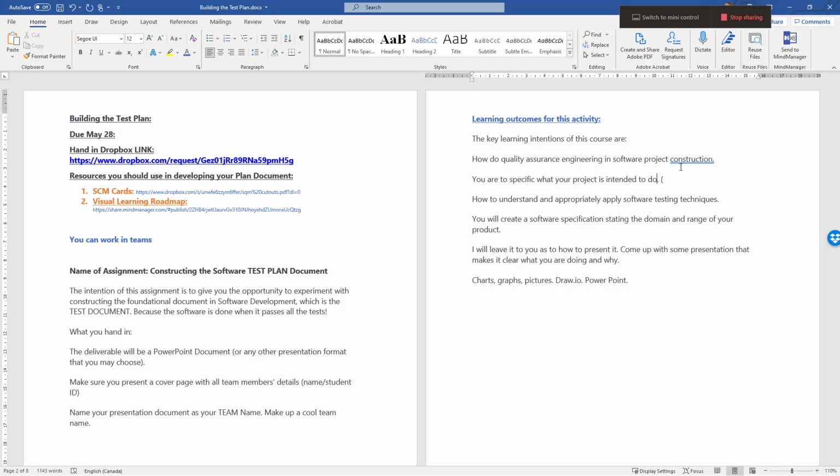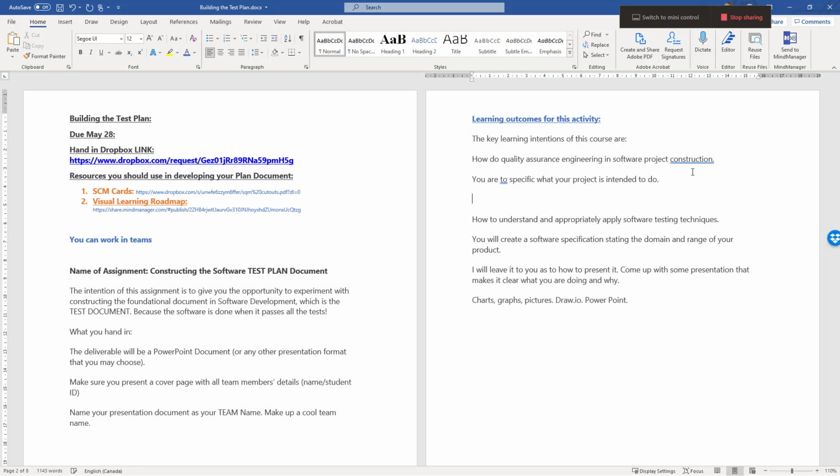Now, it doesn't have to be that grand, that large scale. It could be a game, right? Your software could be a virtual on-the-screen card game. And maybe these days, since people have this social distancing lockdown thing, people are sitting at home and they're lonely, so they could share playing cards on the screen with other players over an internet connection. Whatever, just come up with some project. So you are to specify what your project is intended to do,